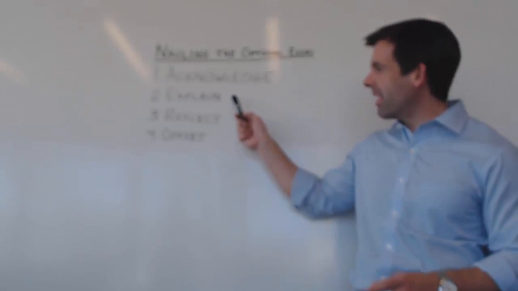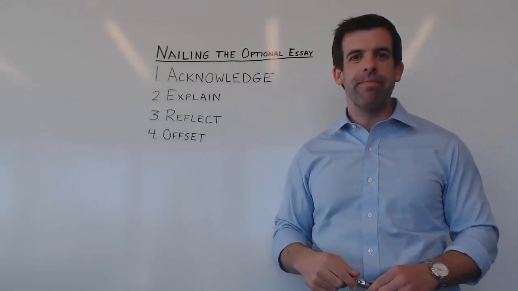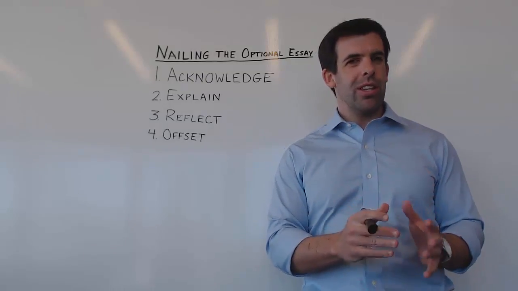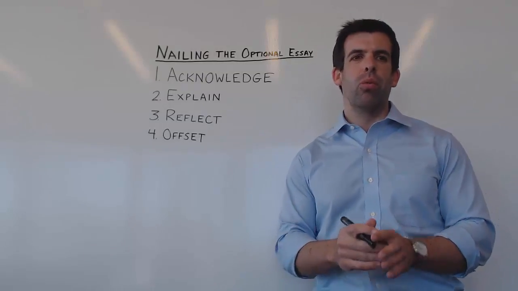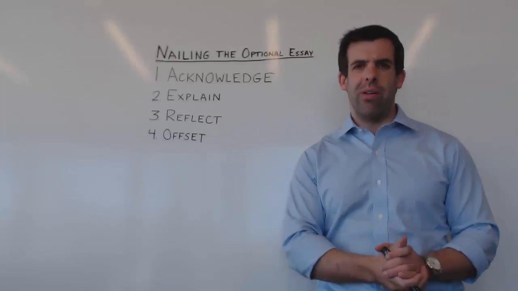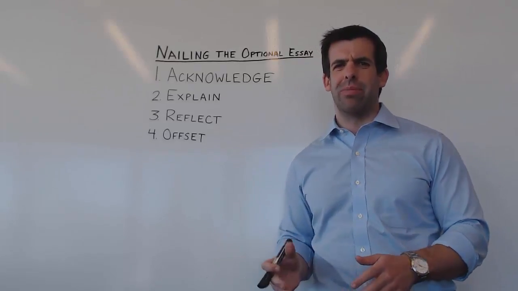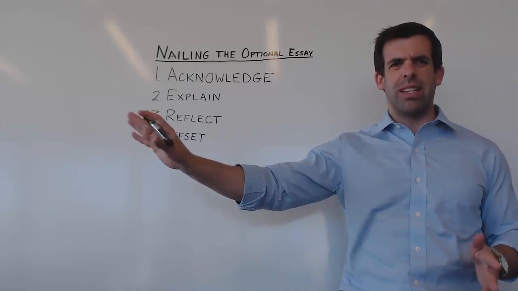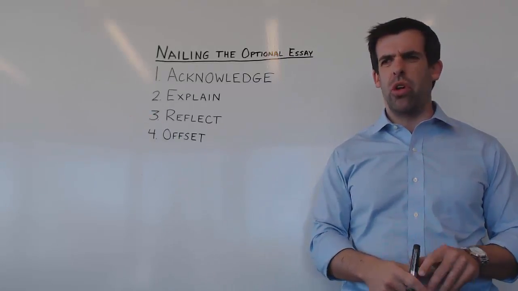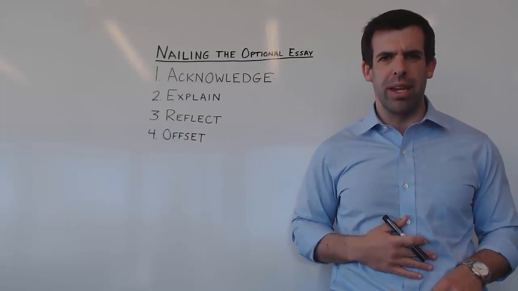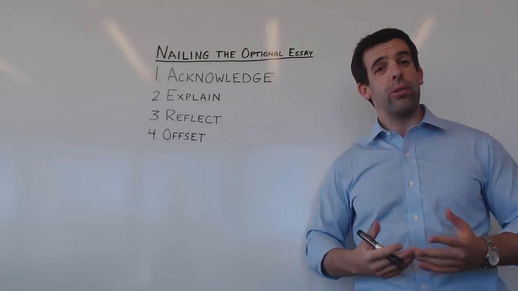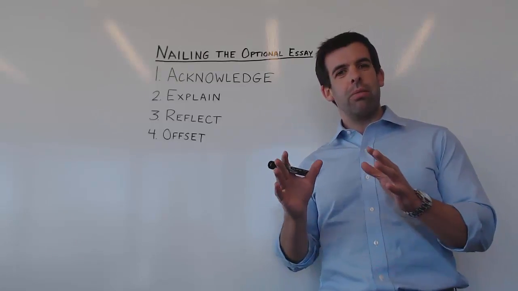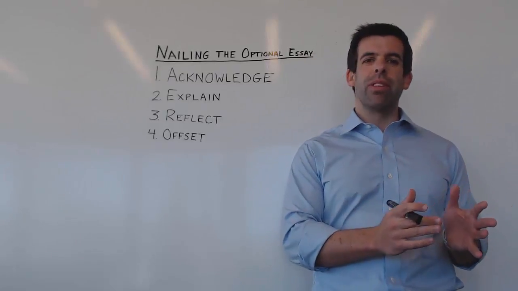Next, explain what happened, right? This is different than making an excuse. You do not want to take the tone of, oh, woe is me, nothing ever goes my way, these terrible things happened to me, and this was just somebody else's fault or a reflection of circumstances that were completely out of my control, and you'll blame them, it has nothing to do with me. You know, no, you want to take responsibility for what happened,